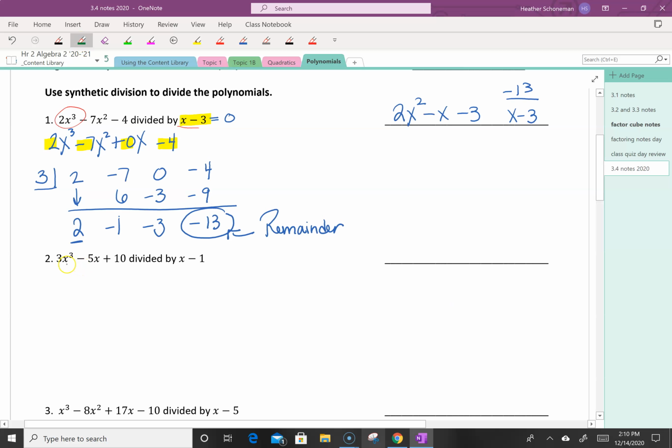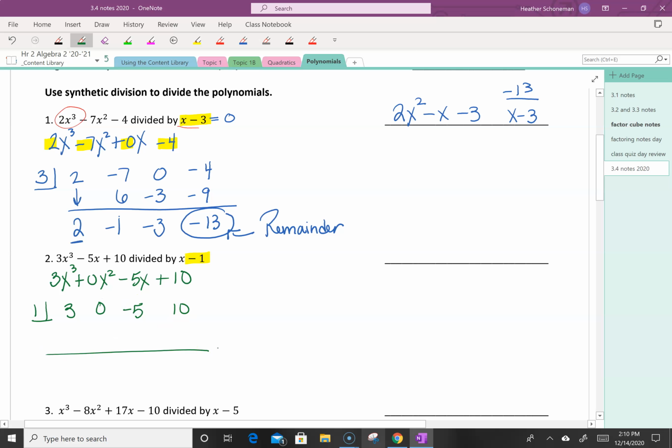All right, let's do it again. Now if I look at the second one, I've got x cubed, but I'm missing x squared, then I've got x and the number. So I'm going to rewrite it this time just to make sure I don't lose track of everything. If you don't need to rewrite it, that's okay too. So in the box is what I'm dividing by. Now remember, technically you've got to set it equal to 0 and solve. So what I'm dividing by is not negative 1, but positive 1. And then I have 3, and I've got to keep my placeholder, 0 for the x squared, negative 5 for the x,